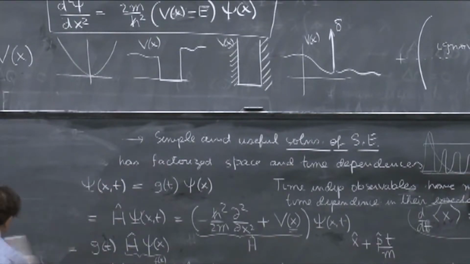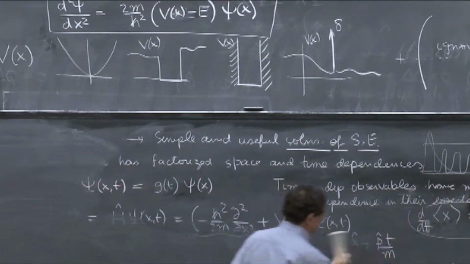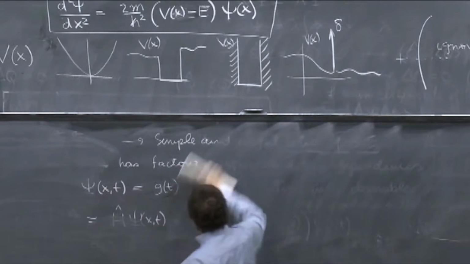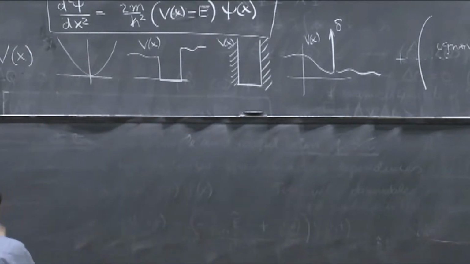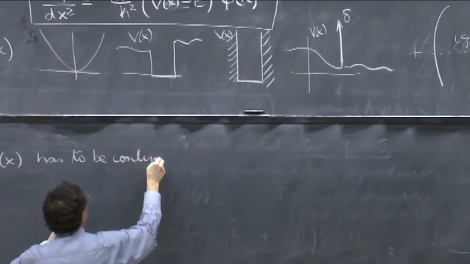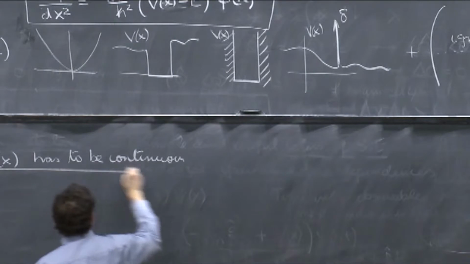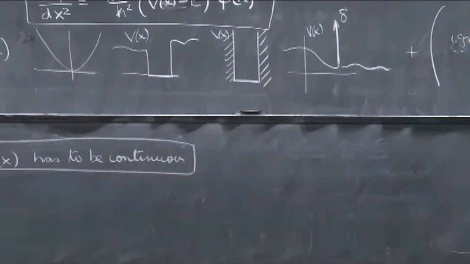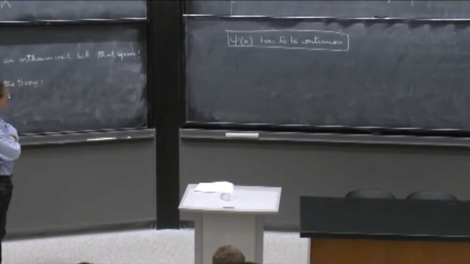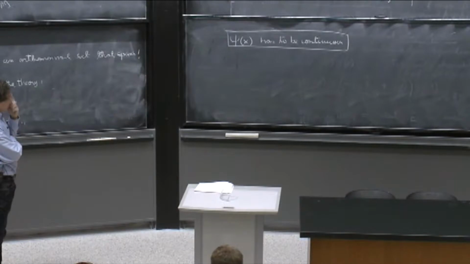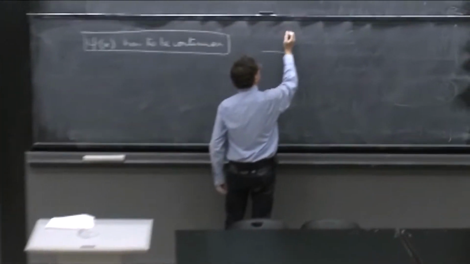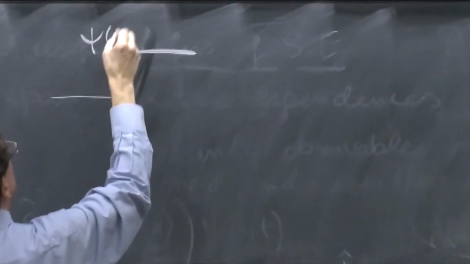We'll look at these potentials and try to understand how to set up boundary conditions. We're going to worry about basically psi and how it behaves. My first claim is that psi of x has to be continuous. So psi of x cannot jump. The wave function can move along but cannot jump. And the reason is the differential equation. Look, if psi of x was not continuous, if it just had a discontinuity like this,